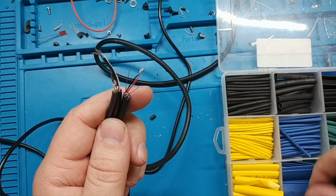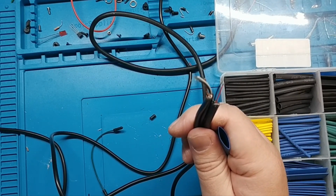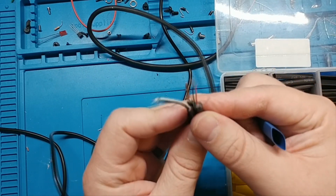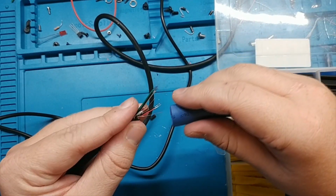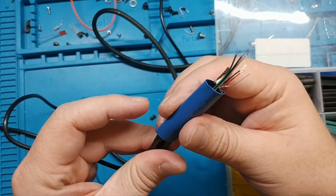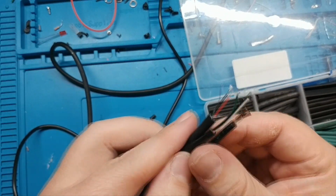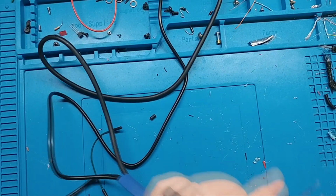So before we solder it all up, we need to put some heat shrink on. And again, this isn't required. We're still going to use the glue of the gods, the hot glue, the best DIYer's friend for just insulating wires and all sorts of stuff, to keep stuff together, but we're also going to use heat shrink to hide that, but we don't have to hide it. So let me just pick one. Here's a blue. Well, that's actually a great size. So as that shrinks, that should get them in there nicely. We'll just move that down, and we can get started. Maybe we'll use some other colors some more later, but